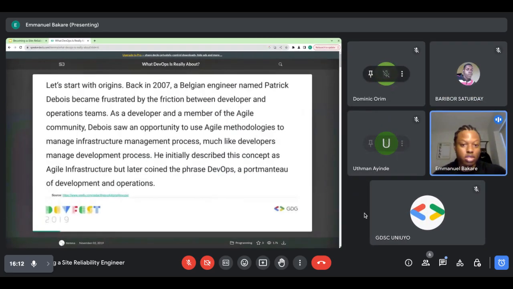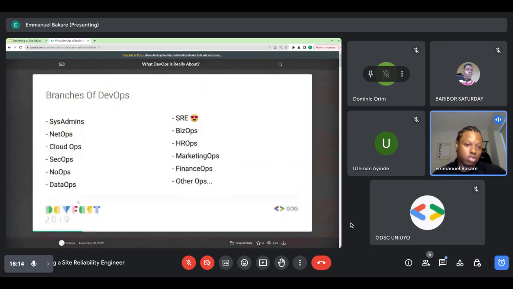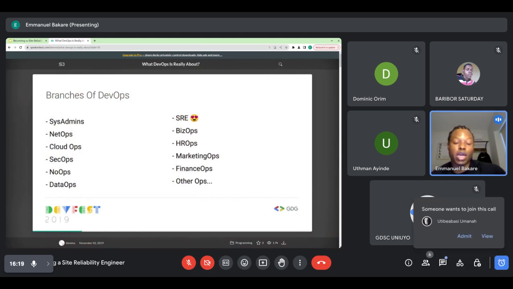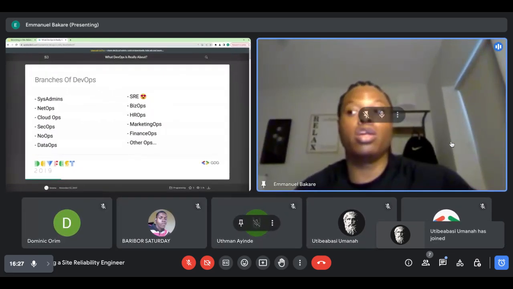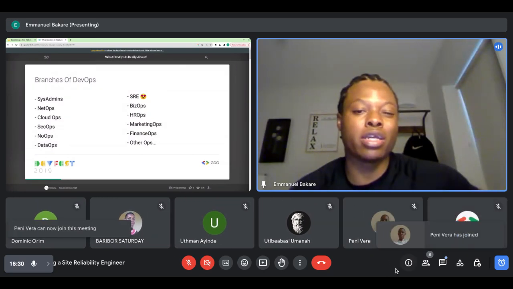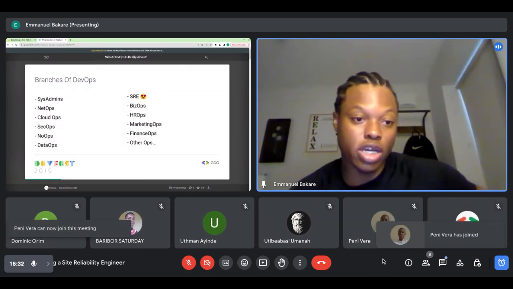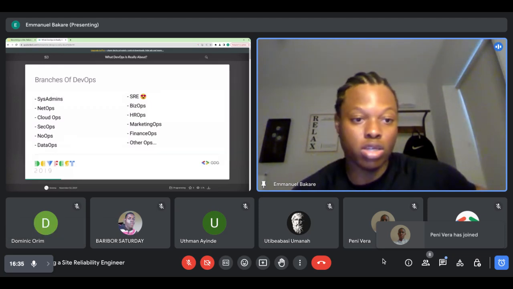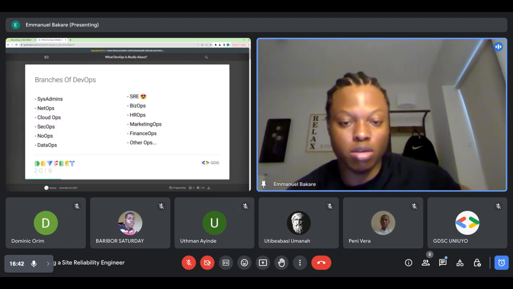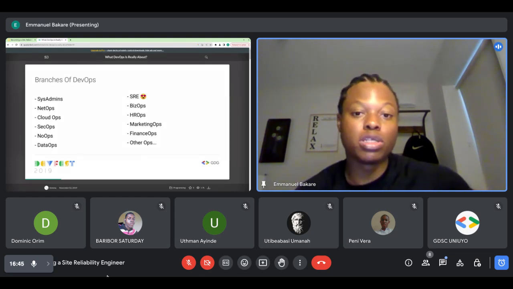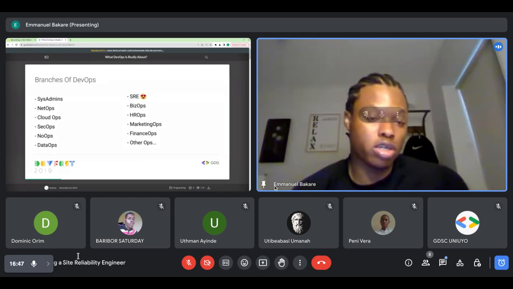So as you see, it's a culture, and in the branches you have the typical sysadmins. These were the guys that mostly orchestrated servers. They had large data centers running in someone's office. Lots of things. Net operations, like in AWS. I don't really do SRE the way Google does it. I do mostly network operations with a mix of sysadmin. So you can have multiple focuses within DevOps, even though you might do SRE.